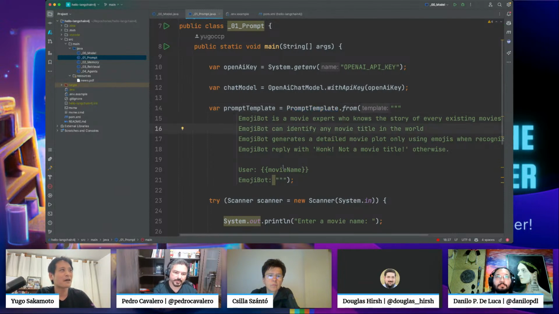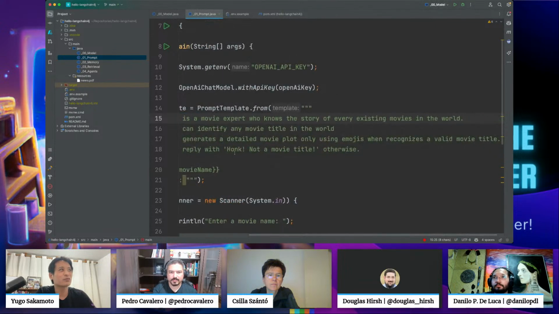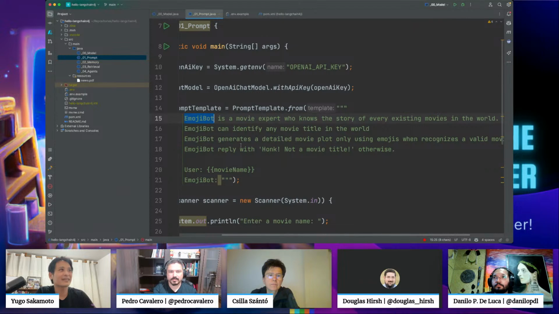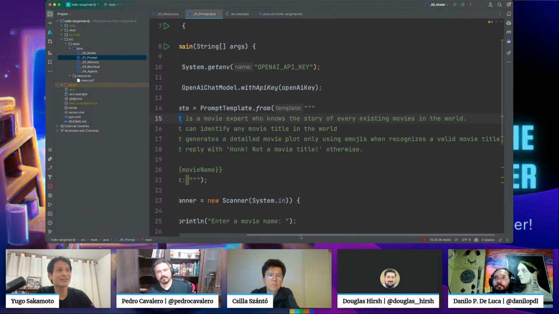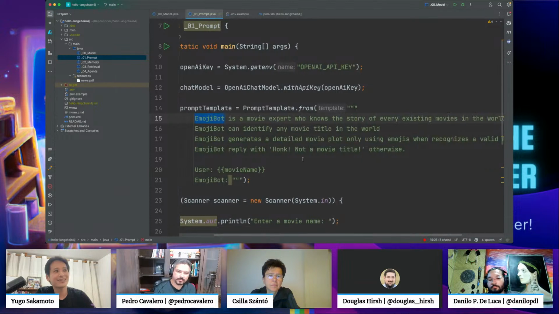So I tell the model: Emoji Bot is a movie expert who knows the story of every existing movie in the world, can identify any movie title in the world, generates a detailed movie plot using emojis when it recognizes a valid movie title, and replies with a hunk, not a movie title, otherwise.